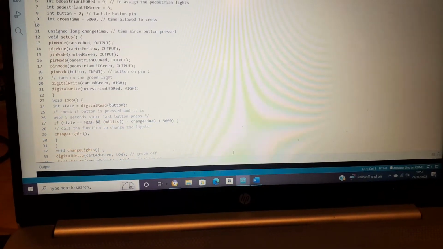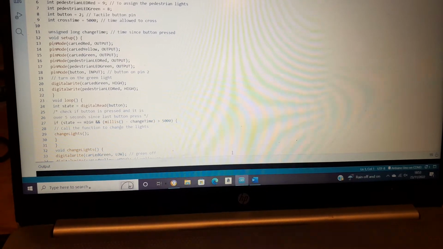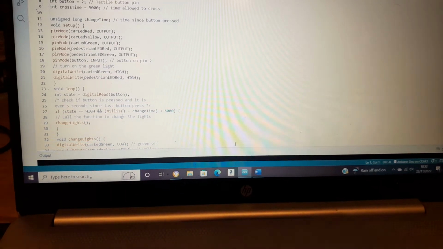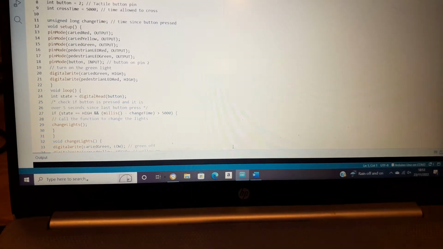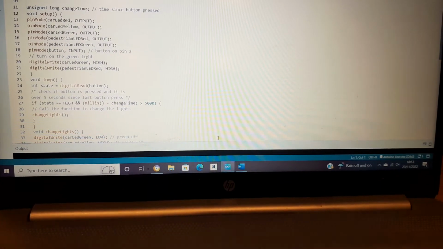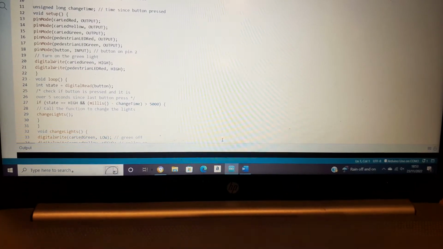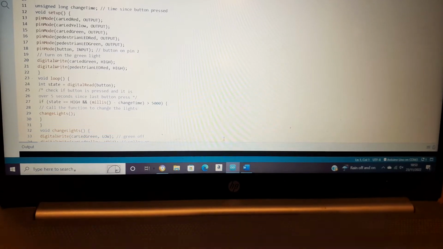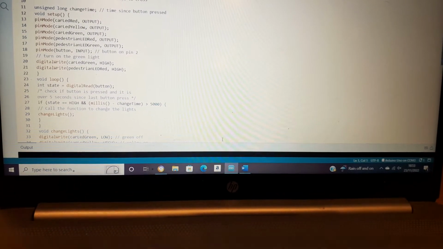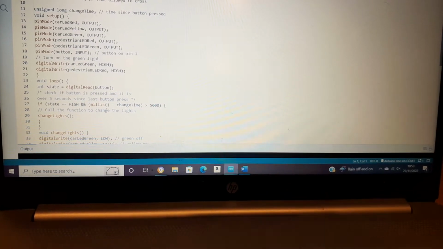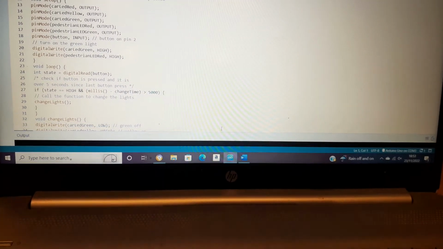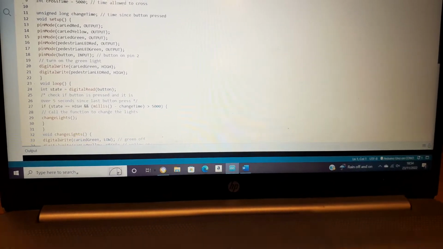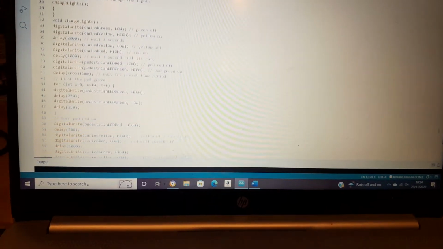As we move slowly down the code, we see the time since the button was last pressed. There is a button pin located at pin 2. Therefore, this means that the green light will turn on for the vehicles. And it checks if the button has been pressed over 5 seconds since the last button was pressed, or sorry, should I say the first button was pressed, it will call the function back, meaning that the lights will then change back to the normal. As we slowly move down the code here,